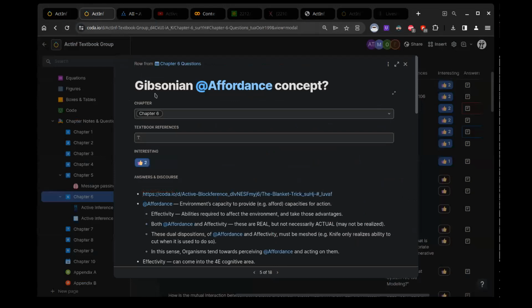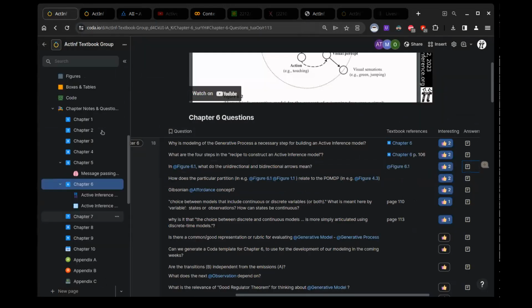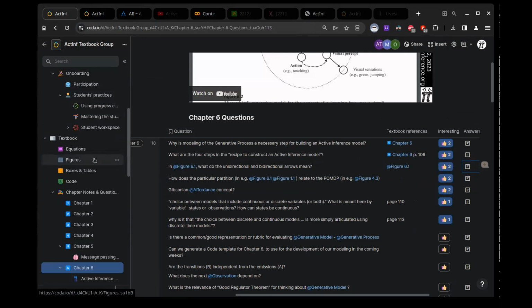So when we look at the pi variable from figure 4.3, what we call E are affordances, and then pi is the policies of affordances. If it's just one time step, then pi is the same as E. But if it's 12 time steps, then it's all the 12-step combinations of the affordances E, what can be done.